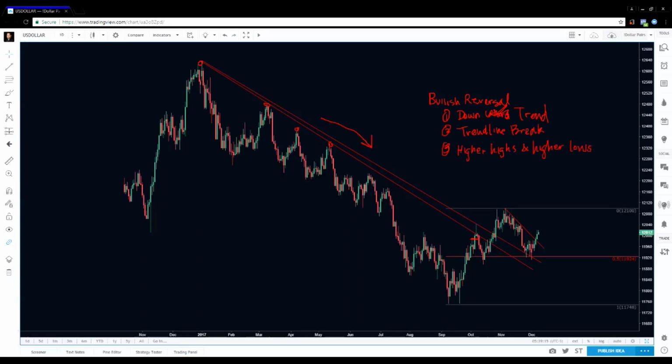Once you have this scenario, then you have what we would consider at least the completion of a downward move. Okay, so that is